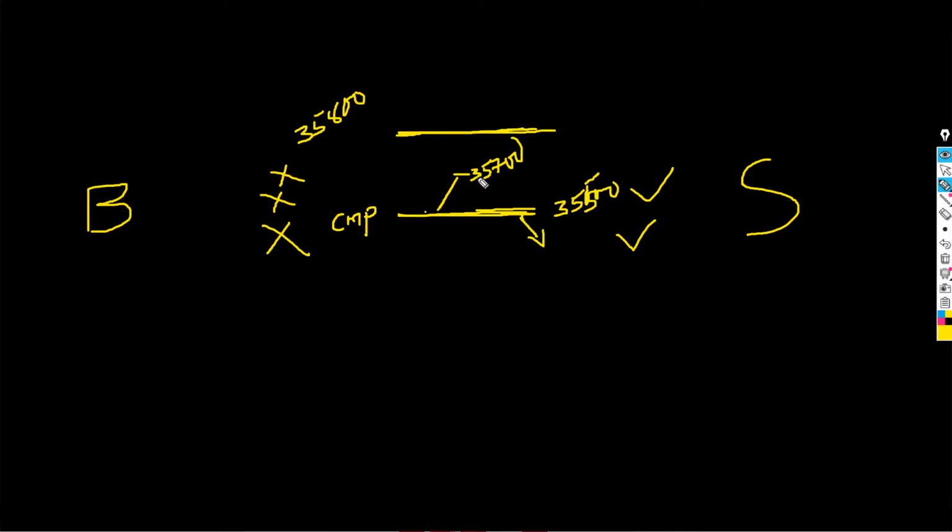Let's say the market expires at 35,700, which is less than your buying price. So as a buyer, you will lose here, but as a seller, you will win here. So in 4 areas, the seller has won. What do I say? Combinations. The buyer has lost, see, he has lost here 1, 2, 3, 4.